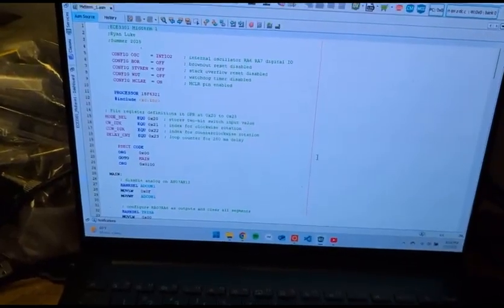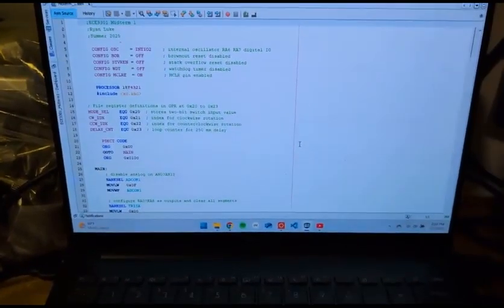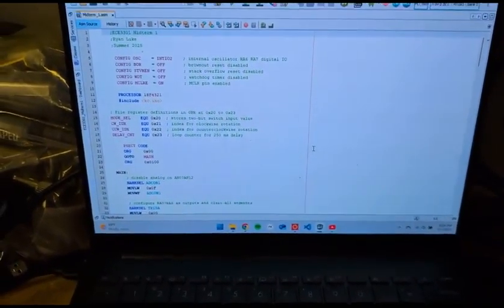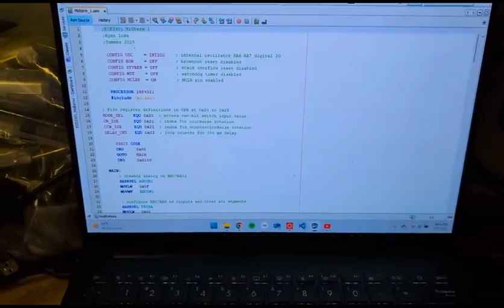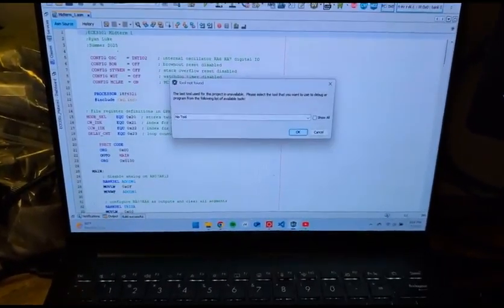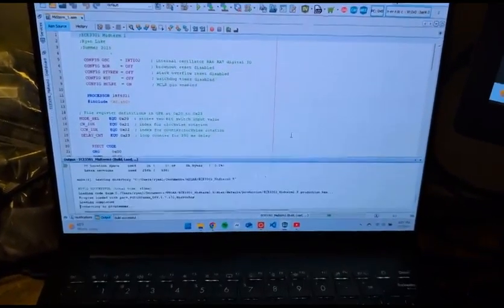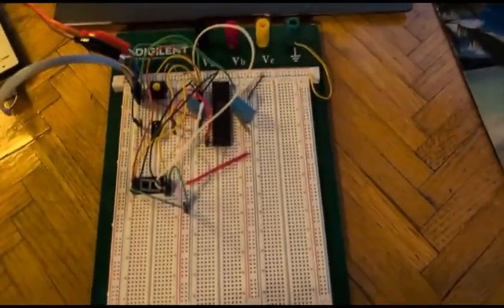So here is my video demonstration of my assembly language version of the Midterm 1 assignment. I will clean and build, download into my debugger, which is the Picket 5. Once I do,